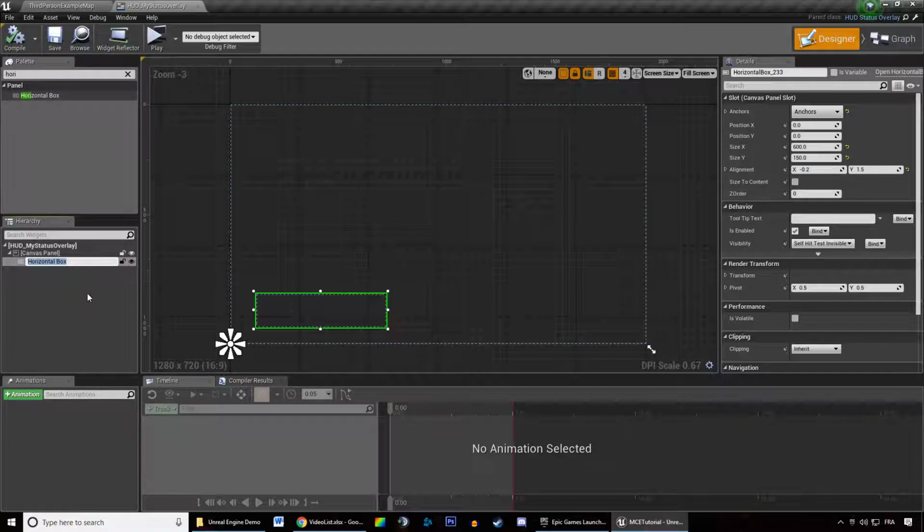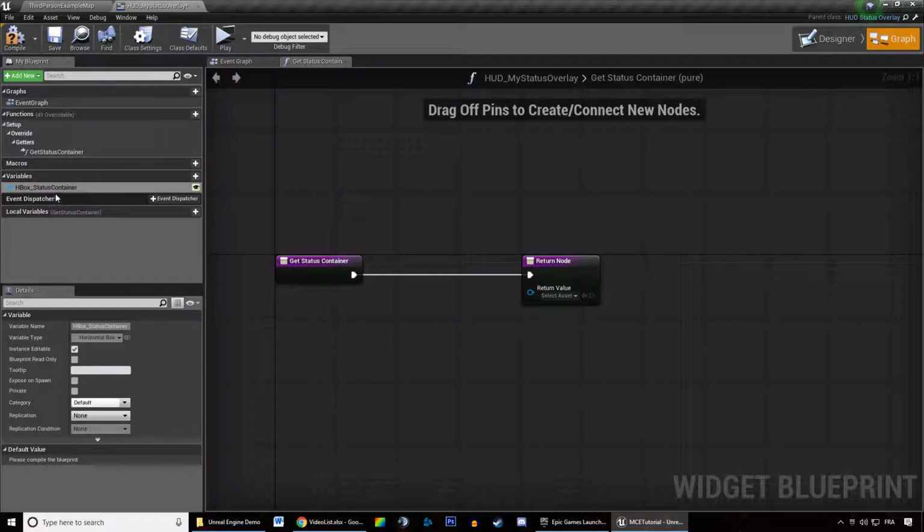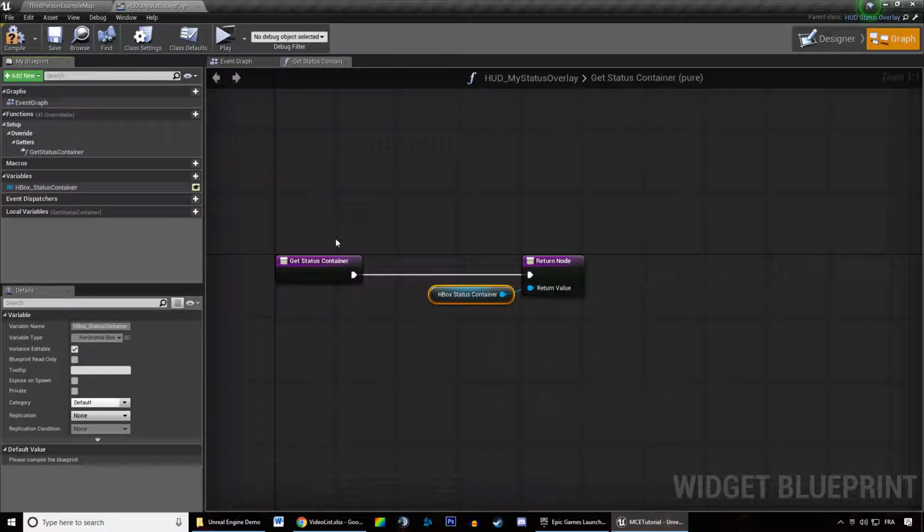We're going to name this box status container. We're going to promote that to a variable, add back to the graph, drag and drop it in the return value of the status container, hit compile, hit save,